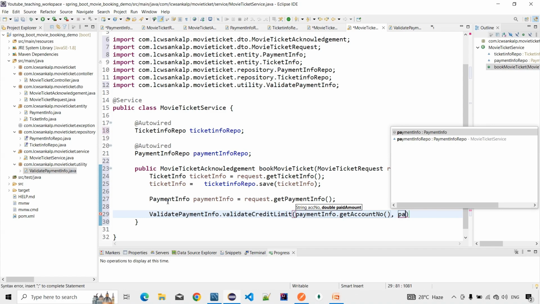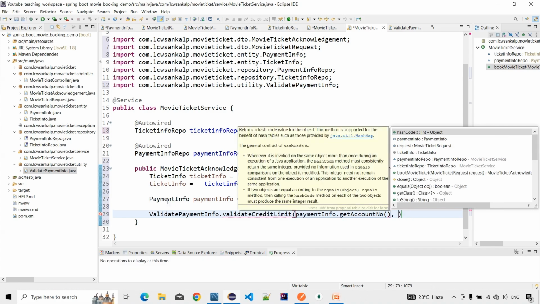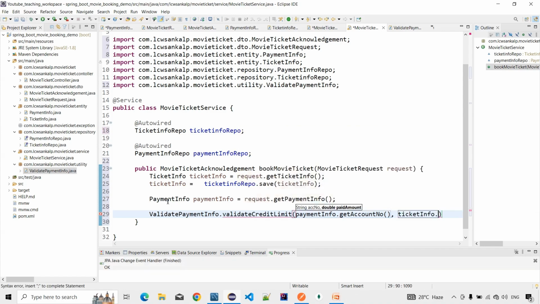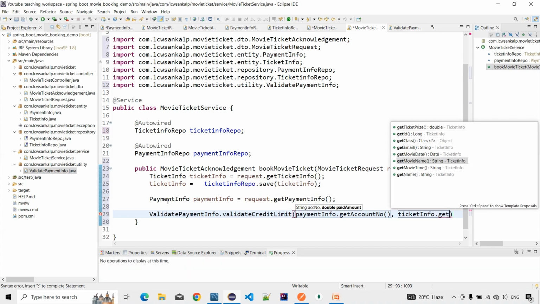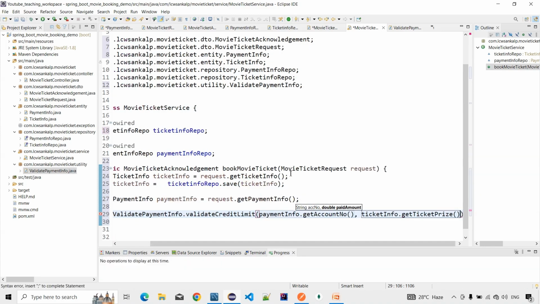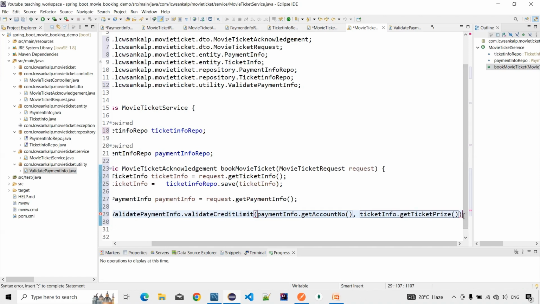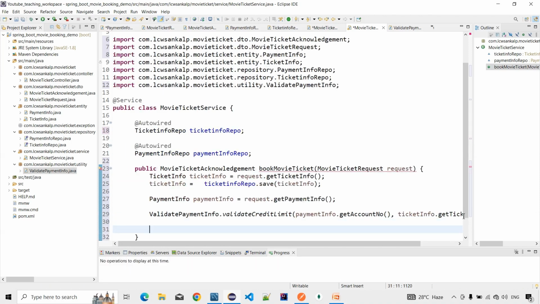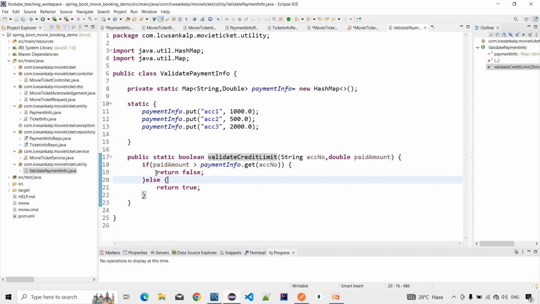Ticket price. Okay. Then the ticket price we are getting from the ticket info object dot get ticket price. Okay. Then it will validate whether the condition is satisfied or not. Then we have to return an error or something. So we can define it here, firstly making some changes. Here, if the amount is not enough, meaning the condition is not satisfied, then we have to throw an error,